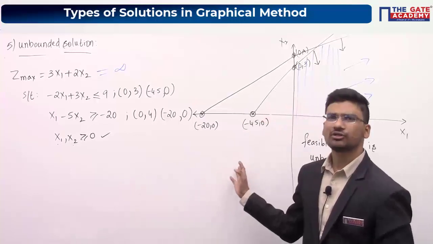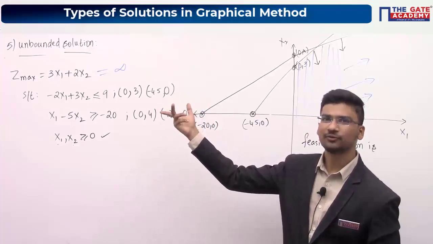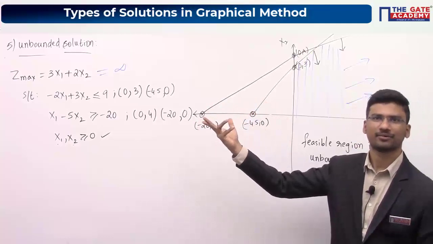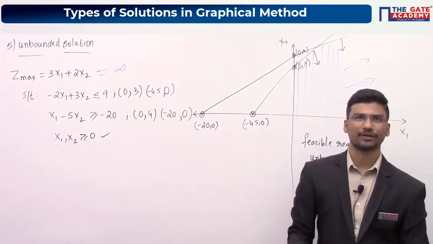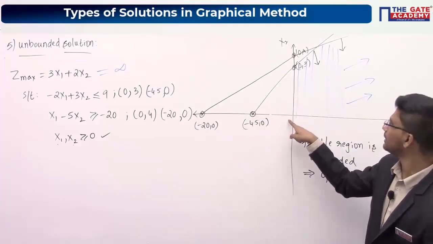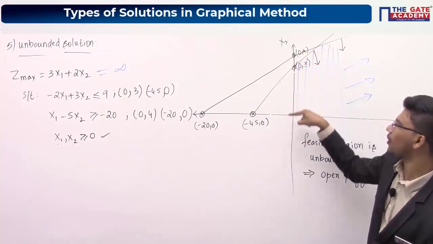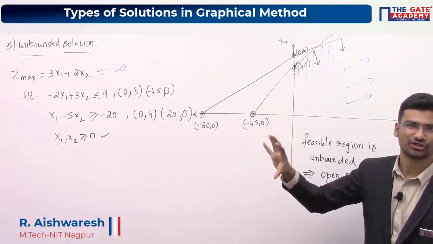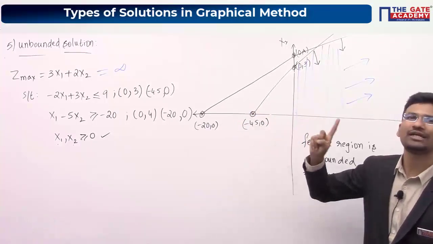Okay, so if it is a minimization problem, then what will be your Z value? Is your Z value still infinity? No, it is not infinity. Very good, Kaushik, it is a unique optimal solution. If it is a minimization problem, then you have to evaluate your objective function at these particular corner points only. Among these 3 points, whichever point gives the minimum value will be your solution. Maybe only at this particular point you will get the minimum value, so it will be a unique optimal solution.